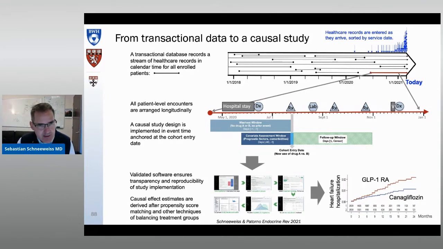And in claims data, then you have information on diagnoses. These are billing diagnoses, these are discharge diagnoses. You have information on procedure codes, what kind of medical procedures, interventions were conducted. You might have information on the unique device identifier, the UDIs, you know exactly what type of device was implanted, or CPT codes on a slightly higher level, information what devices were used.